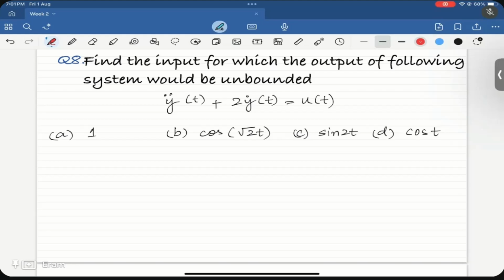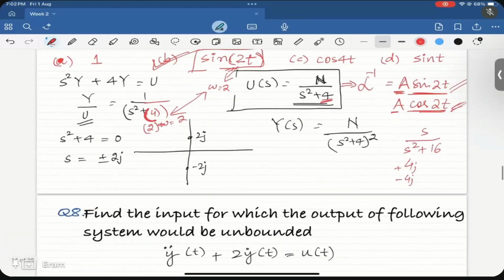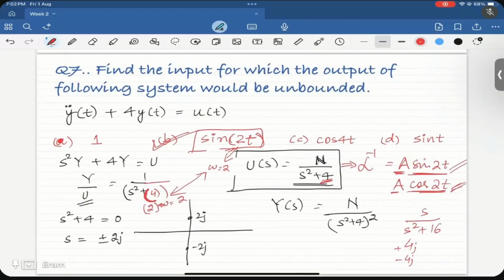How many of you are able to understand this concept? Is there anyone who is facing problem or any confusion? Hello. Hello. Yes. Ma'am, kindly explain the previous question. In previous question, where you just squared 1 by a square plus 4, you just squared things. I don't get it. Didn't get it. Just square thing. The frequency square or that square, that s square plus 4 whole square thing you are asking? Yes, ma'am. A square plus 4 whole square 1.